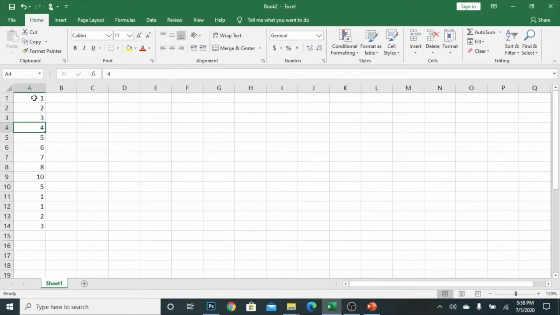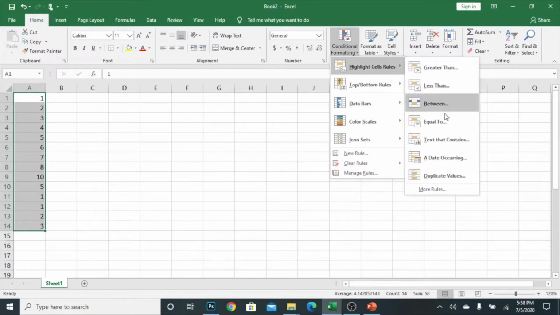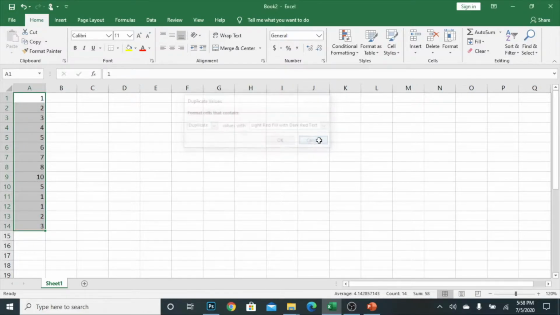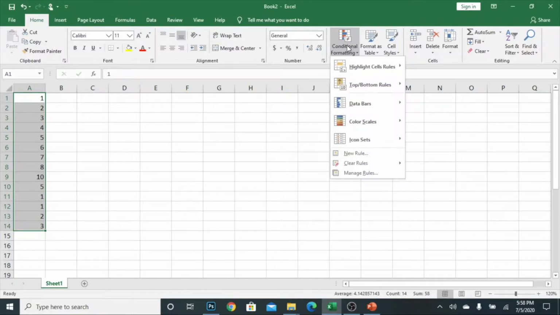Duplicate Values. If you want to highlight the duplicate values, select the range. This is one of the most useful features. We have been using it so many times to identify the duplicate values. If I cancel it,